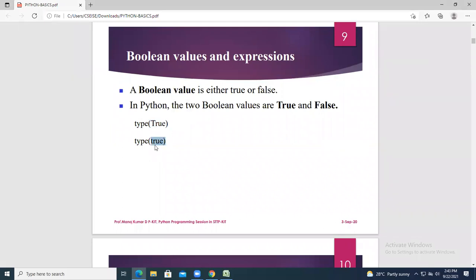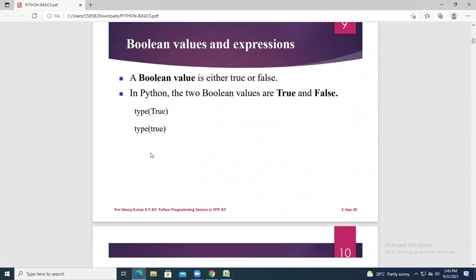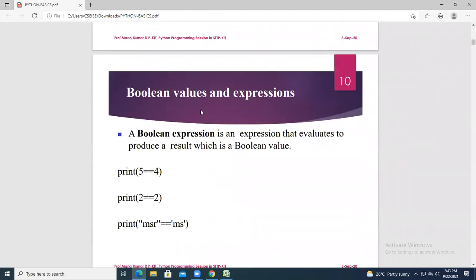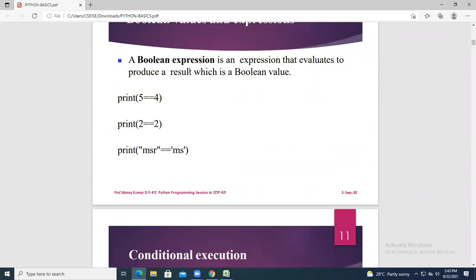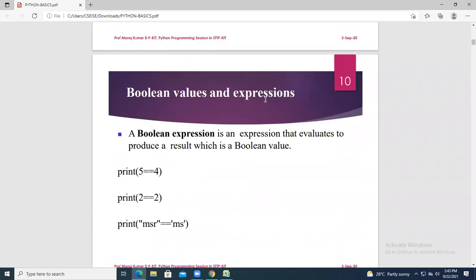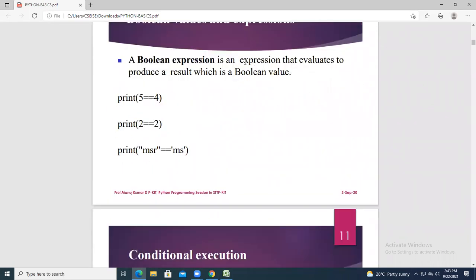Similarly, you can give False also. So we have seen Boolean values. Values can be Boolean values, or you can come with an expression also. After Boolean values, you come across expressions. A Boolean expression is an expression that evaluates to produce a result which is a Boolean value.